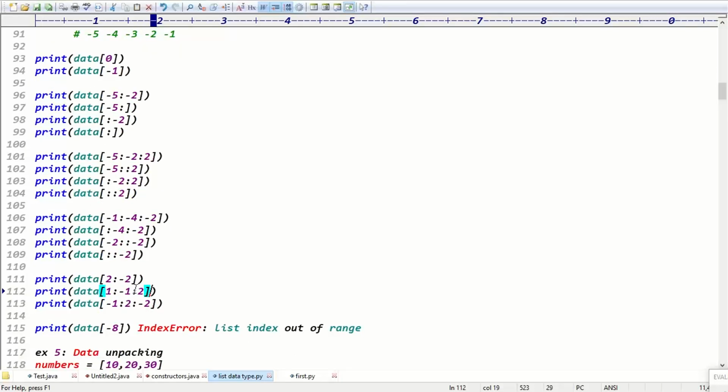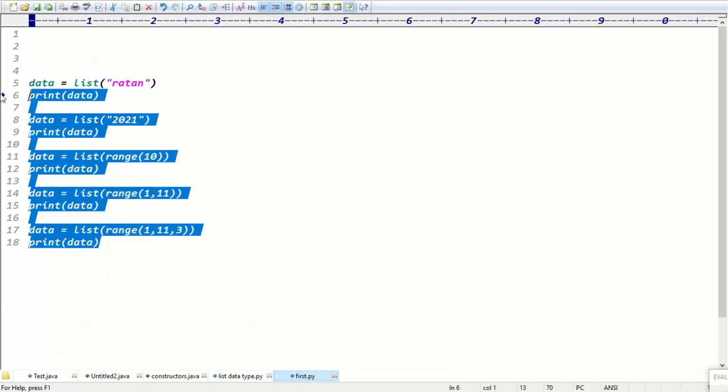Guys, the first example is list declaration. A list takes a group of elements. List duplicates are definitely allowed, and list insertion order is preserved. In whichever order we insert, the same order will be the output, right? Second example is type conversion, so we are converting a string into list format, a range into list format like that. Third example is positive slicing, fourth example is negative slicing, and fifth example is data unpacking, guys.